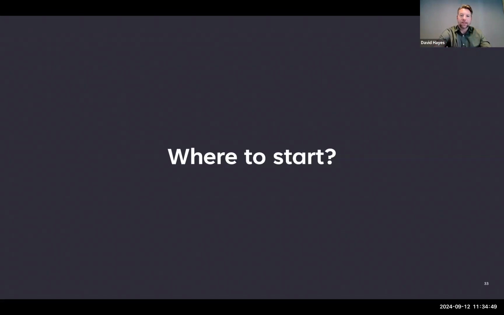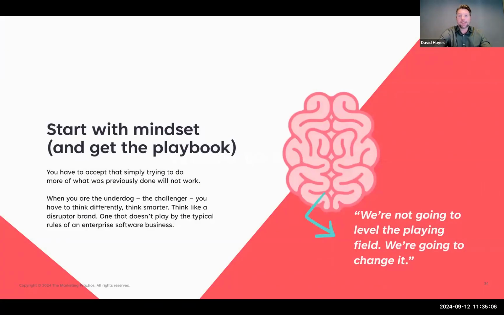I think it's all too easy to look at the Gartner Magic Quadrant and look at the competitors that sit closest to you, and then do your competitive research to understand what they're doing, and try and in many cases imitate their strategies. And I think the fundamental for us, and the starting point, is to really start with mindset. It's about accepting that to chart that next course of growth, we have to, in many ways, throw out the old playbook and be prepared to get a new playbook,